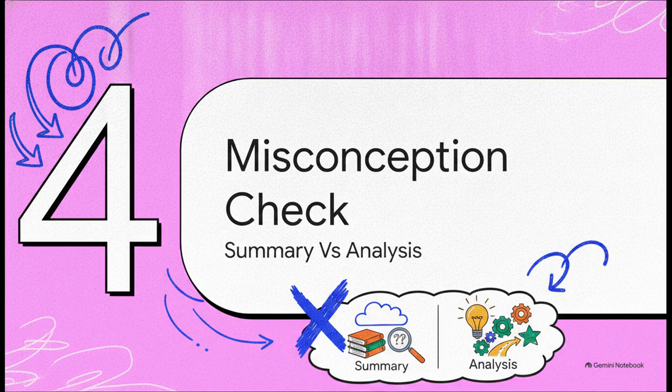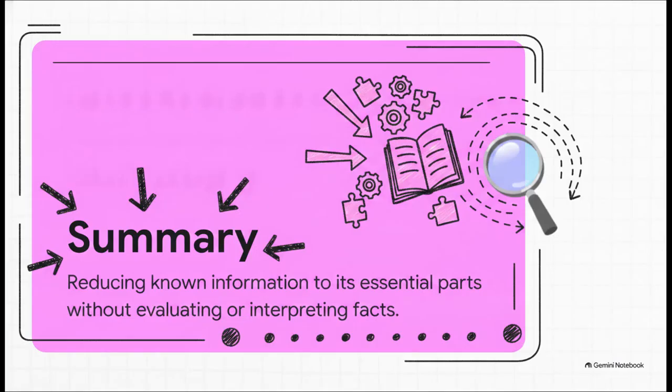All right, Section 4, Misconception Check, Summary versus Analysis. It's time to avoid the biggest pitfall. A huge pitfall for 9th grade writers is confusing summary with analysis, and trust me, that will definitely drop your rubric score. A summary reduces known information down to its bare, essential parts without evaluating, judging,